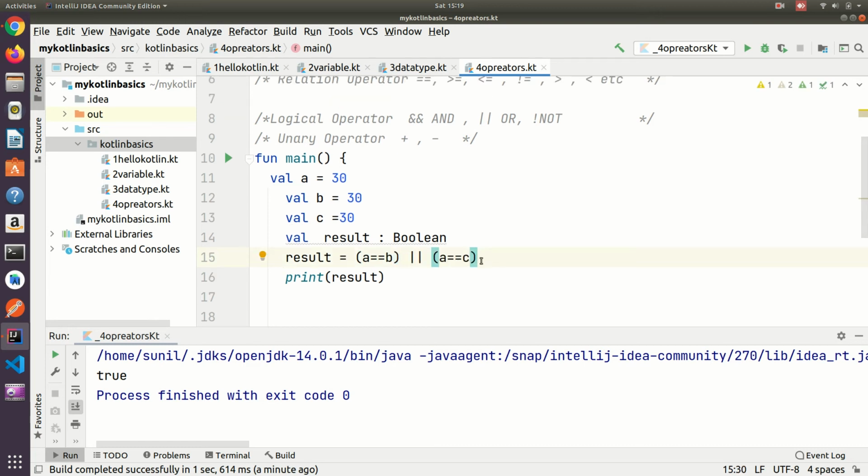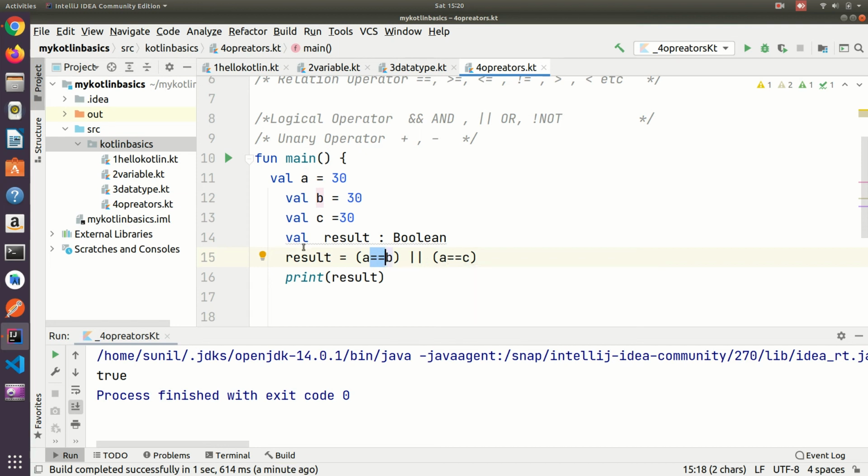But in the OR condition, this is the OR symbol, if either this is true or this is true, it will print true. If both are true, it will be true. If one is false and another is true, then it will print true. If both are false, then it will return false.